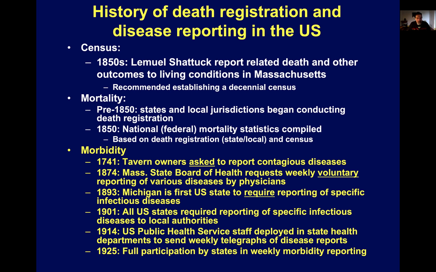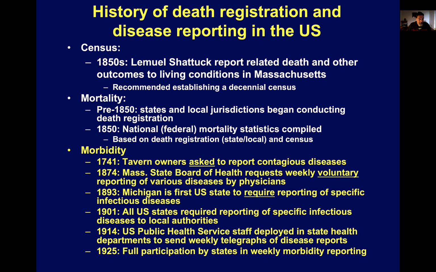And so how did this evolve in the US? How did this come about? Well, as early as 1741, one strategy was to ask tavern owners to report when their patrons had contagious diseases to health authorities. By 1874, the Massachusetts State Board of Health began requesting voluntary reporting of various diseases that were diagnosed by physicians. So physicians were expected to do the reporting of individuals that they diagnosed with certain diseases of